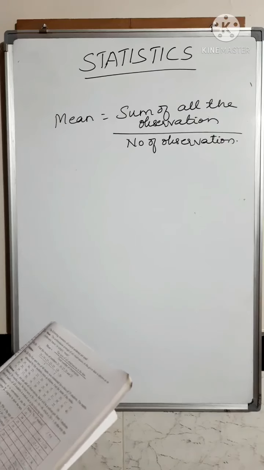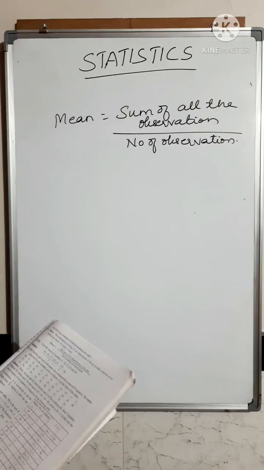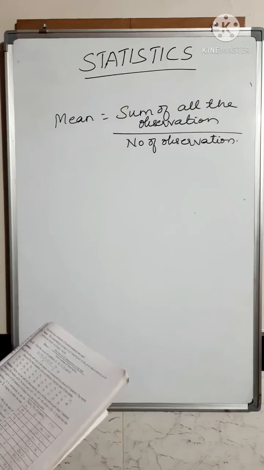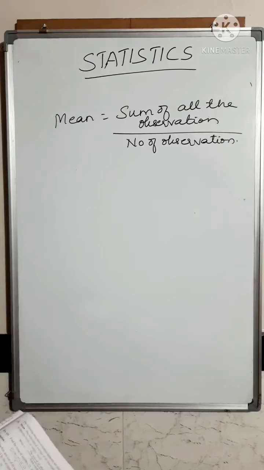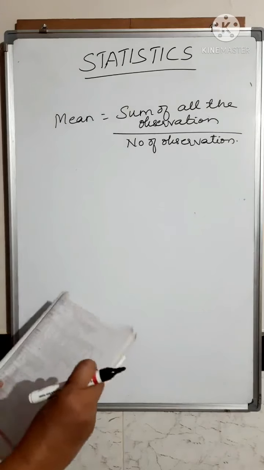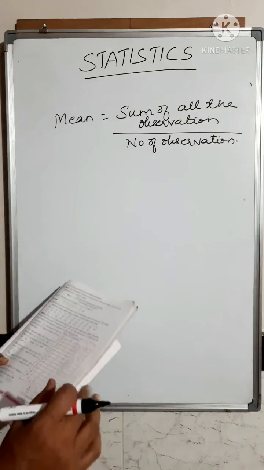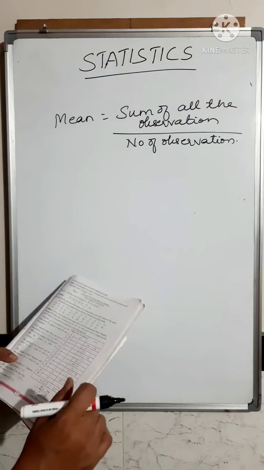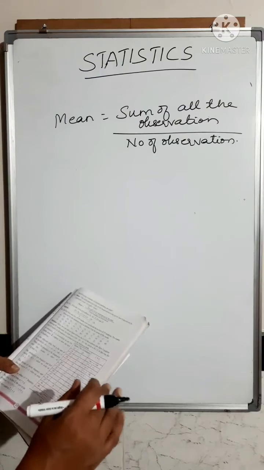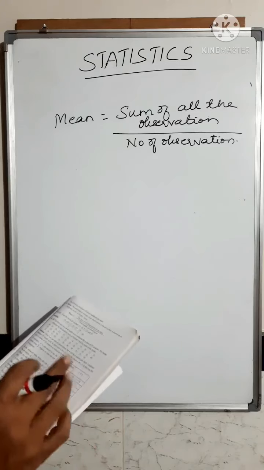Find the mean of the numbers 20, 30, 27, 23 and 25. They have added all the numbers and divided by 5. So this is one way where you have only a few scores. You have to add all the scores and divide by the number of scores. Now suppose you have many scores, then how do you find the mean? In such cases, you have to prepare the ungrouped frequency table.